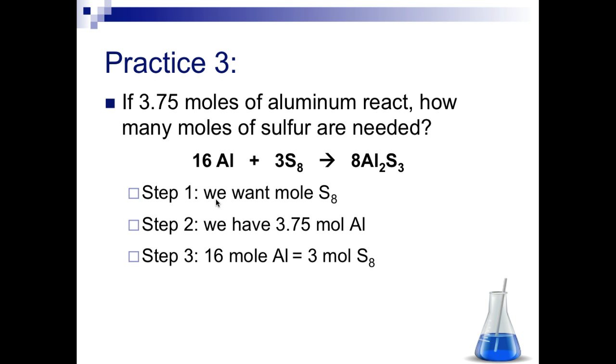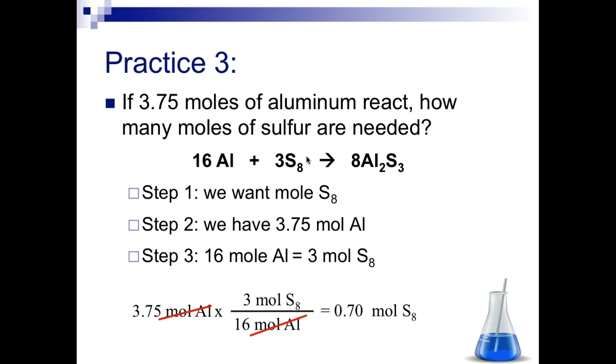Last practice, we have 3.75 moles of aluminum to react with sulfur. How many moles of sulfur are needed? So we want moles of sulfur. We start off with moles of aluminum. We know that there are 16 aluminum to 3 sulfurs. So we're going to set this up. And when we do our math, we come up with